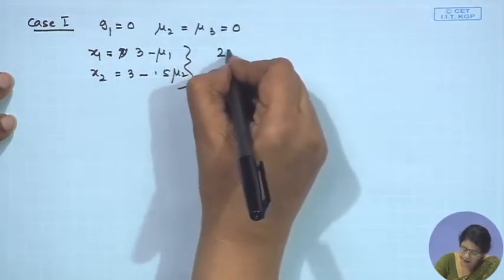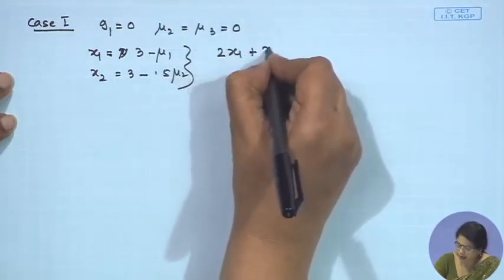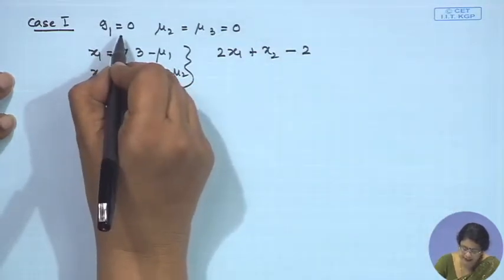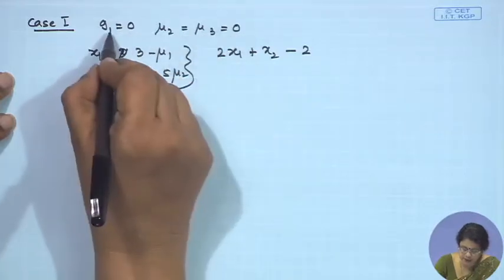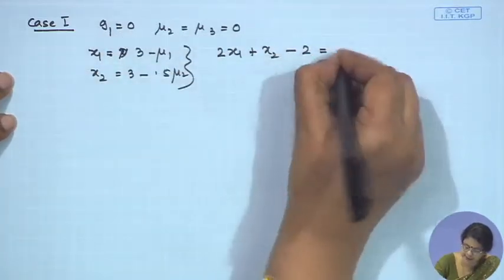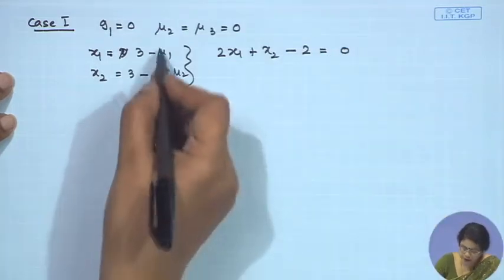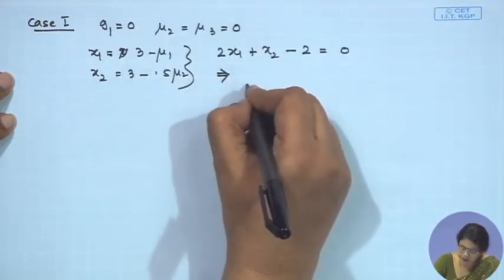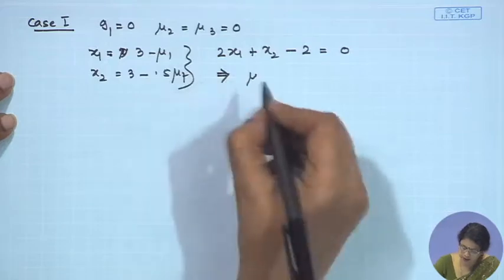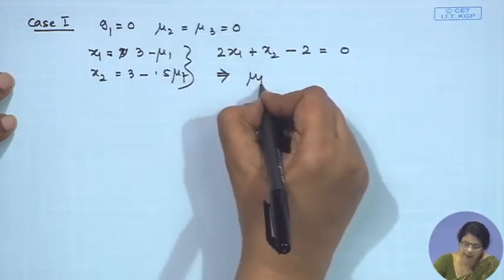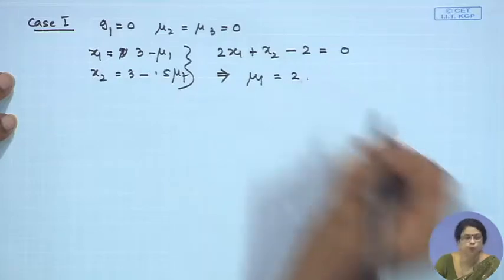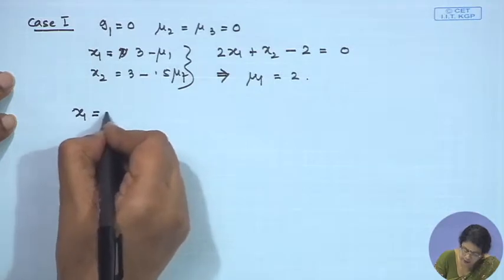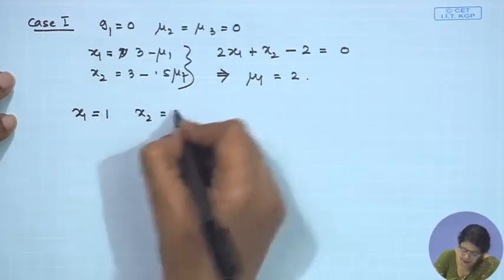Now, we have the condition 2x1 plus x2 minus 2 less than or equal to 0, but we have considered that mu1 is not equal to 0, that is why G1 is equal to 0, that is why we can say this is equal to 0. If we substitute both the values of x1 and x2, what we will get? We will get from here the value of mu1, because these are both in terms of mu1. We will get the value for mu1 is equal to 2. If we get mu1 equal to 2, then certainly x1 would be equal to 1, x2 would be equal to 2.5,